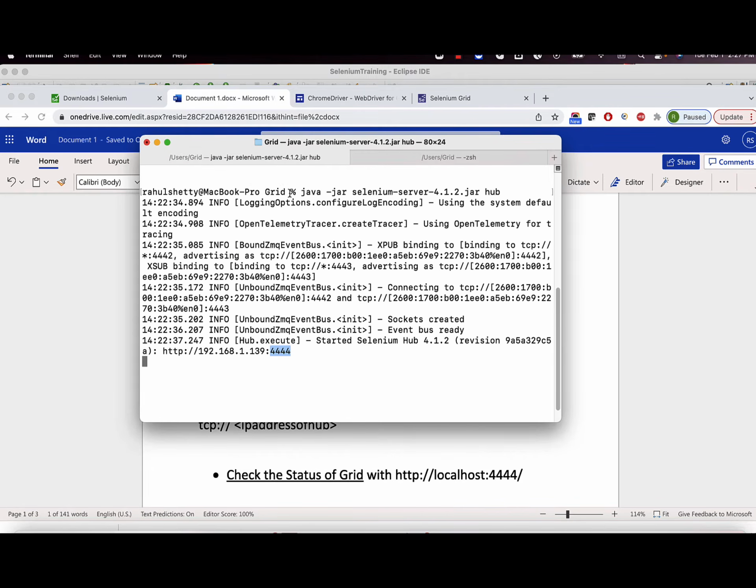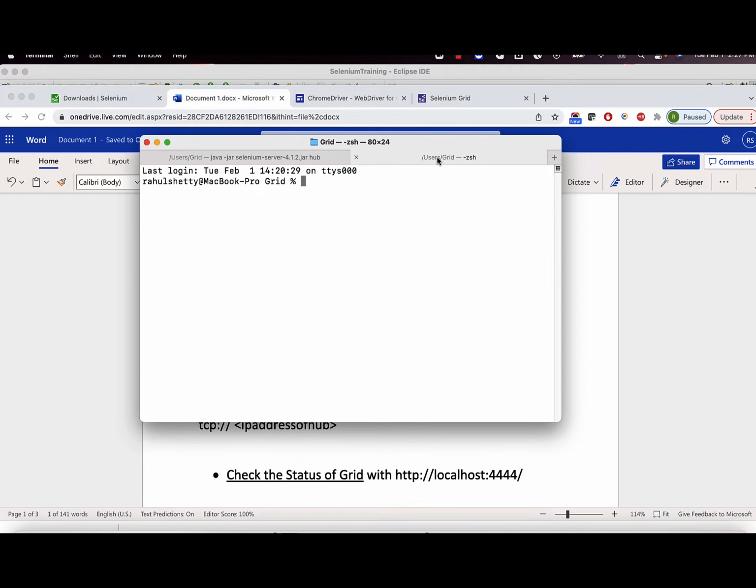So no matter it's the Mac or Windows, process is all same, but just different terminologies. There you will see a screen with a black in Windows. You can still make it white also. I'm just telling you, there's no difference. Operating system independent. That is the beauty of Selenium, right? No matter you run in Linux, Windows or Mac, code will be same, steps will be same. No difference. Okay. So now let's start